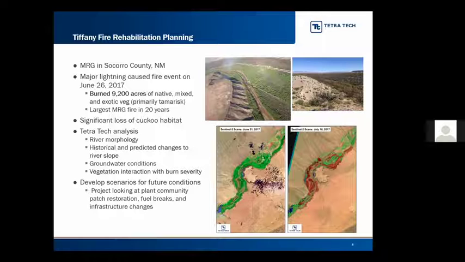There was a significant loss of cuckoo habitat. And it was a really cool project for us at Tetra Tech because we were able to wield all of our team's skills to perform a suite of analyses from the ecological side, and then getting into the hydraulics and hydrology. So really getting into this eco-hydrological framework to really understand what was happening and understand the challenges